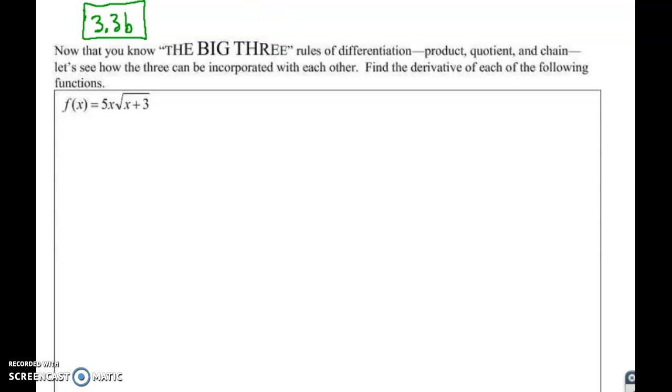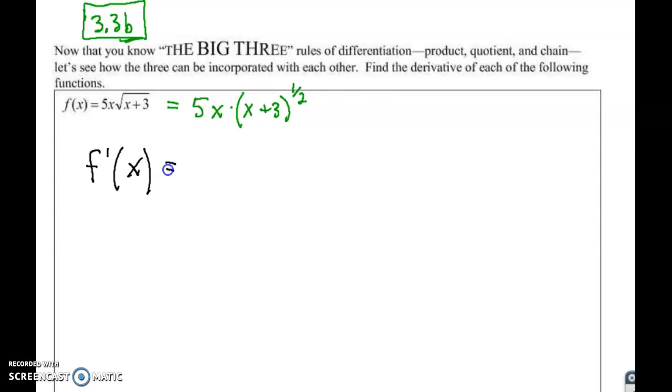Here's the second part of Calculus Chapter 3, Section 3. So I'm going to label it B. And what we're going to do is a mix of all the different rules. If you look in this problem, we have a product rule mixed with a chain rule. And it's just going to take some practice, trust me, that you have to identify what's the